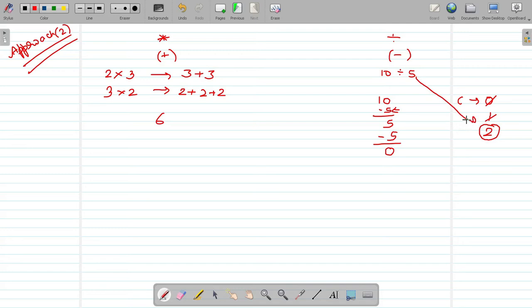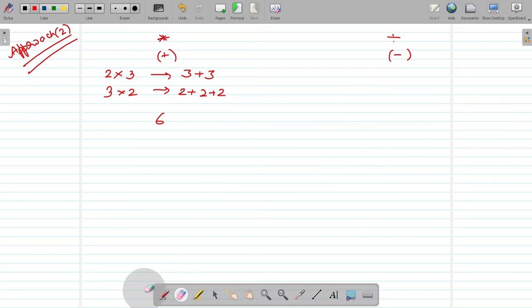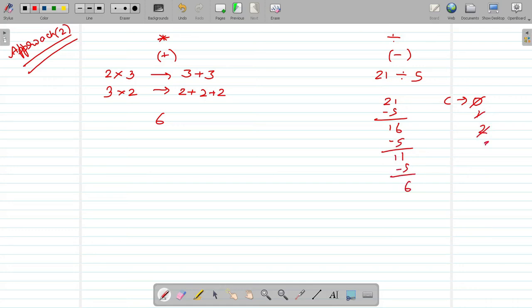Let's look at another example where we have some remainder. Let's say 21 divided by 5. Same counter variable initialized with 0. I can subtract it, yes, the result is 16. I can increment it. I can again subtract it, yes, the result will be 11. It is 2. I can again subtract it, yes, the result is 6. Increment it. Yes, I can again subtract it. Now the result will be 1. Make it 4. And this will be our remainder, and this would be our quotient.